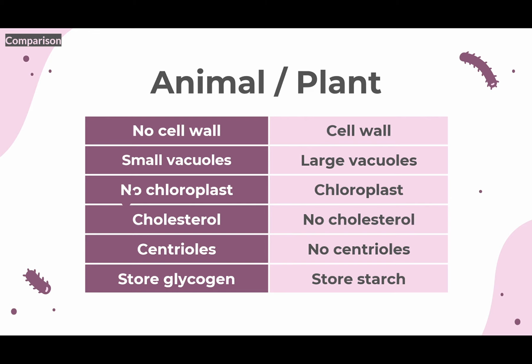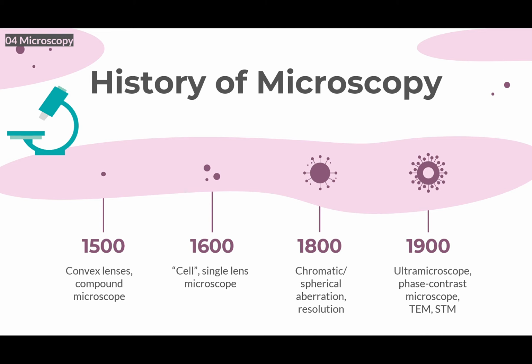And then we also have the fact that animal cells store glycogen, whereas plant cells store starch. And you also sometimes see in pictures of plant cells that you have starch molecules or granules within the cell itself. And now we come to a bit of a deviation from what I've already talked about, but in the first video I mentioned the importance of microscopy for the discovery of cells and their functions and structure, and because of that it's perhaps important to look at the history